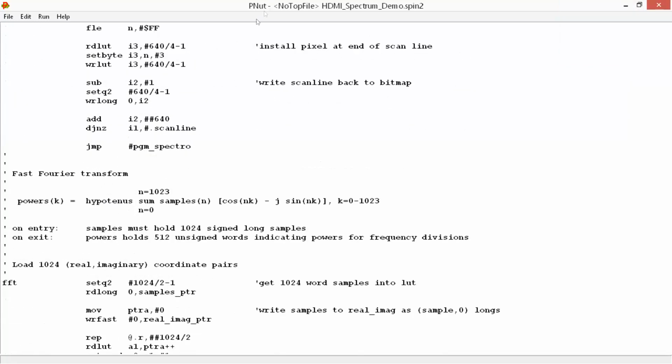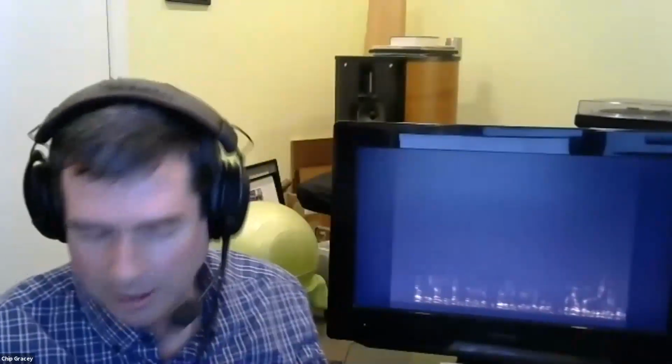So here's another totally different question, which I think is an excellent one to talk about. The P1 has a 512 byte cog RAM limit. I understand that the P2 removes this limitation somehow. Is that true, and how complicated is that in code? So, okay, it's not what you think. It's actually 2 separate memories. It's still a base register memory of 512 longs, but now there's an additional memory called the lookup table